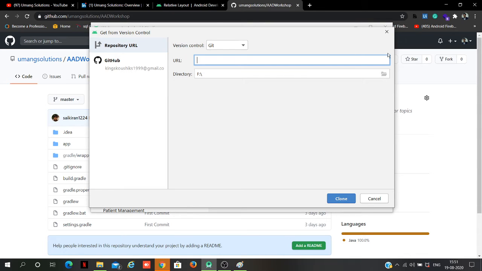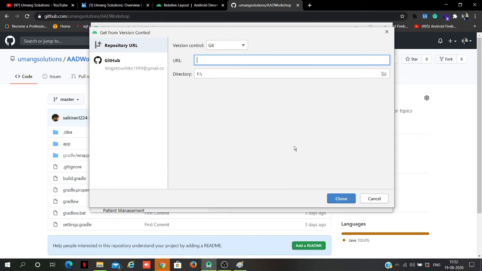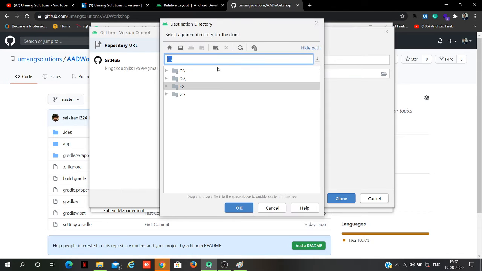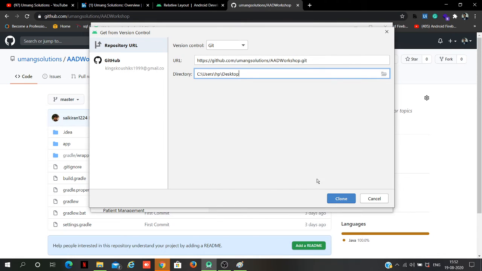Coming here, after copying that URL, you click on get from version control, since you are getting the project from GitHub. I'll specify my URL over here. I want it on my desktop, so I'll change my directory.